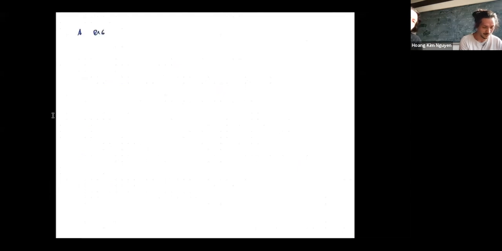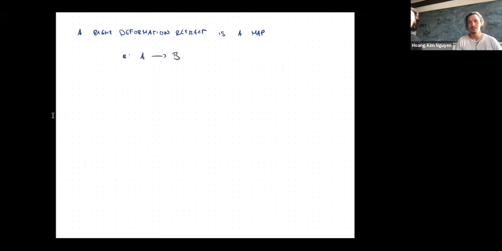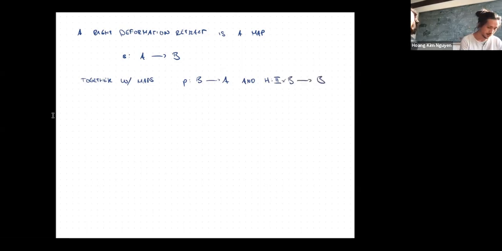So a right deformation retract is a map, call it S for section, from A to B, together with further maps from B to A and a homotopy, such that